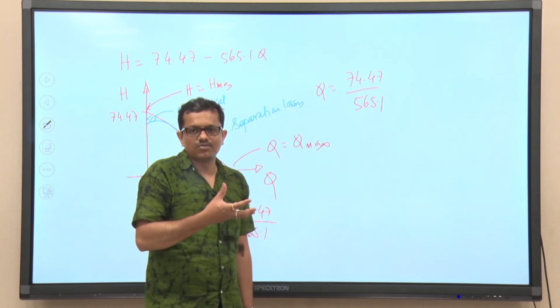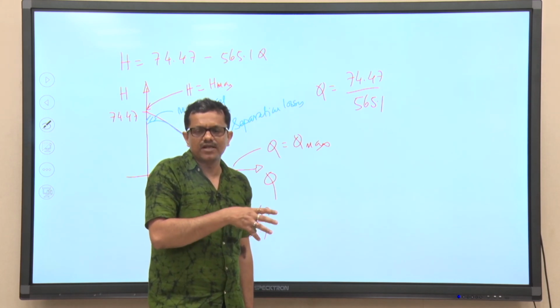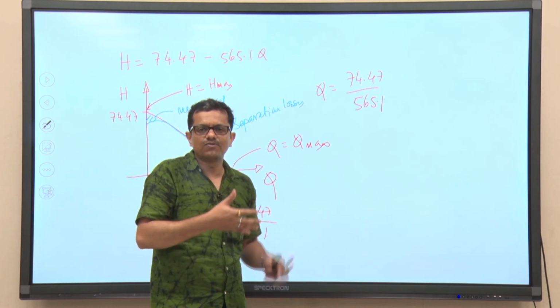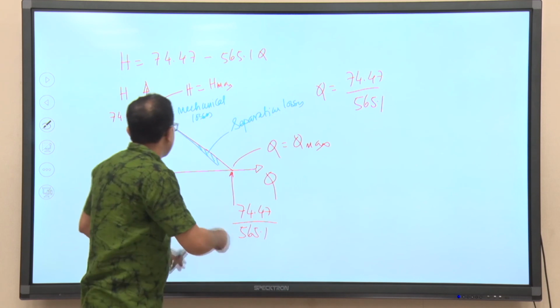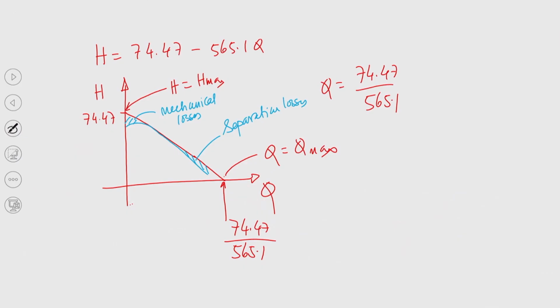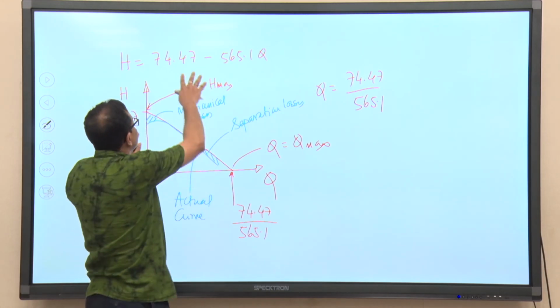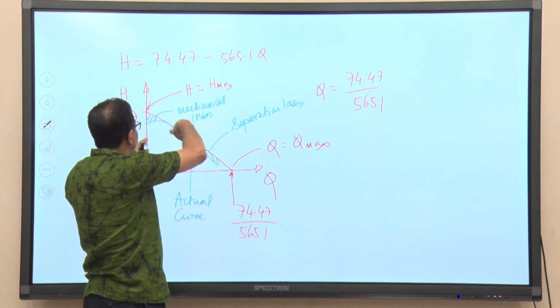And using the Stodola model and the information given in the problem statement, we have derived the expression, and if we try to plot that in the h-Q plane, the actual curve will be like this. The actual curve, as I told you, is shown by this blue line, while if we plot this relation in the h-Q plane, it will be a straight line.